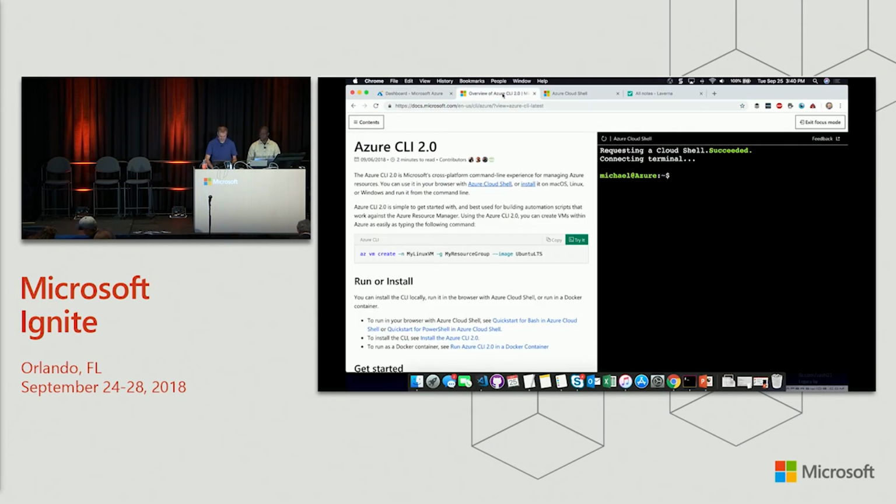For example, one of them is inside of the Azure documentation. Is anybody familiar with Azure CLI being inside of the documentation? You can run this right now. So now I'm inside of this, I've connected. I could hit this copy. I'm just saying I've hit a web page and I want to start trying this out. I can come in, I can paste in that command with the copy. But it doesn't just stop there. It's also in